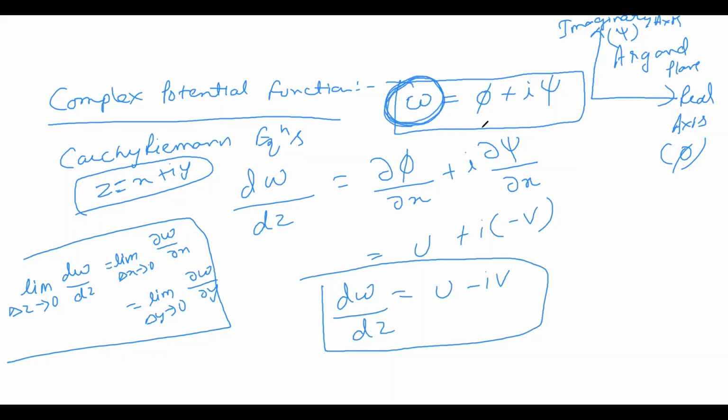W, you can easily calculate phi, psi, u, and v. You can even calculate ur and u theta, the radial and tangential velocities, in the case of rotational flows like vortex flow or any other source flow. Now I am going to make a table where we will see these things.